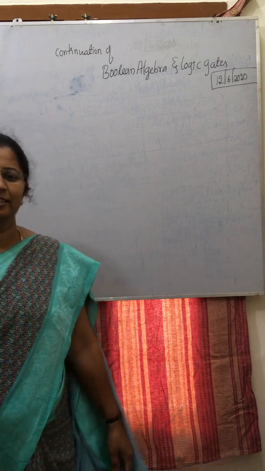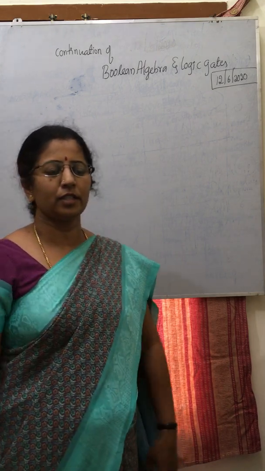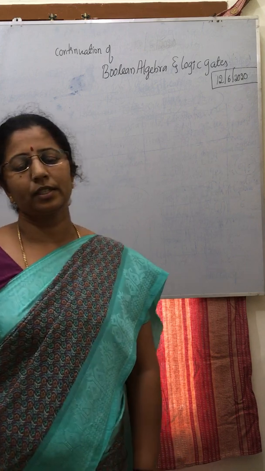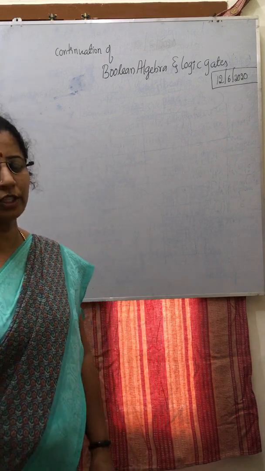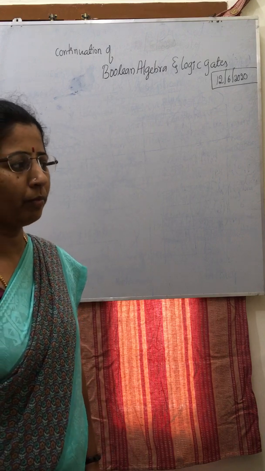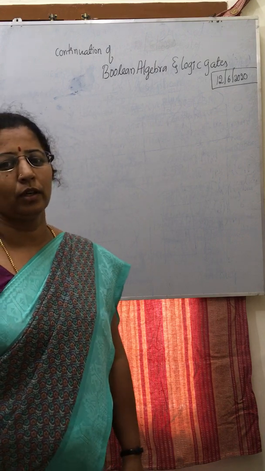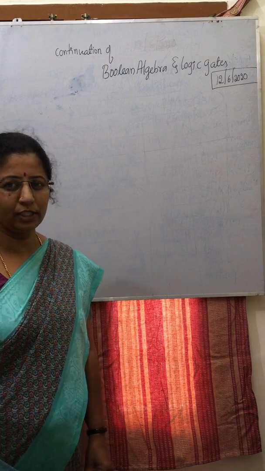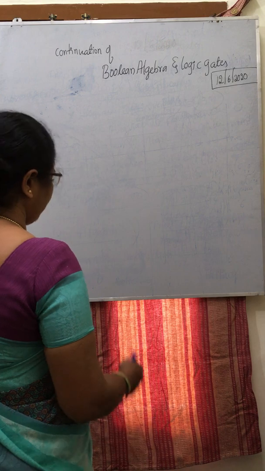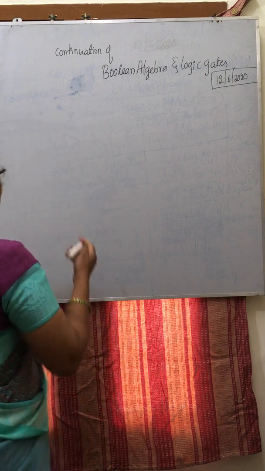Good morning, students. We'll continue our discussion of Boolean algebra. Yesterday we discussed the definition of Boolean algebra, logical statements, what we mean by truth table, and what we mean by tautology and fallacy. After that, we'll move to the next continuation of the chapter,